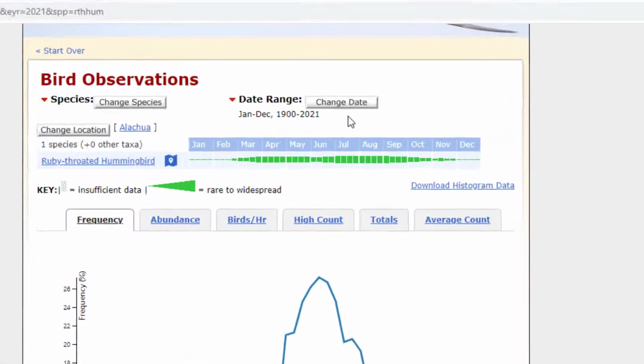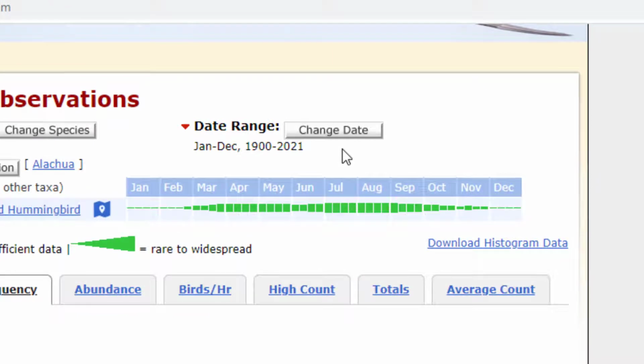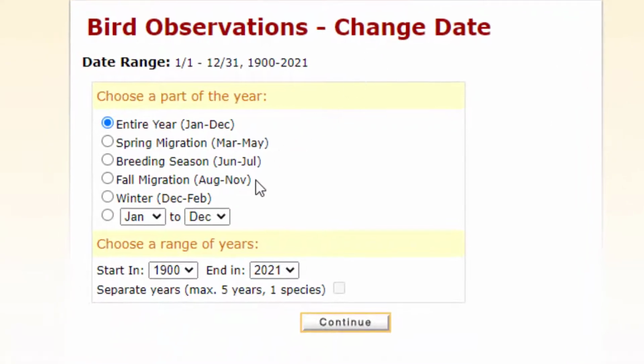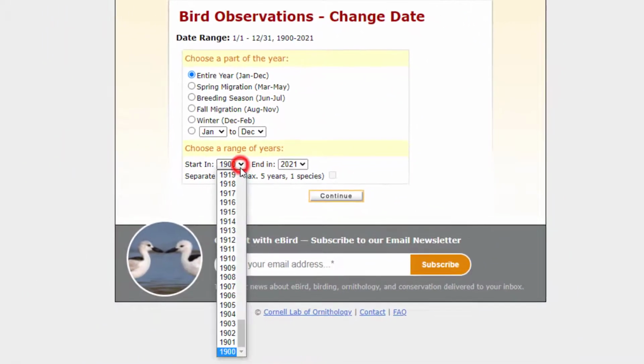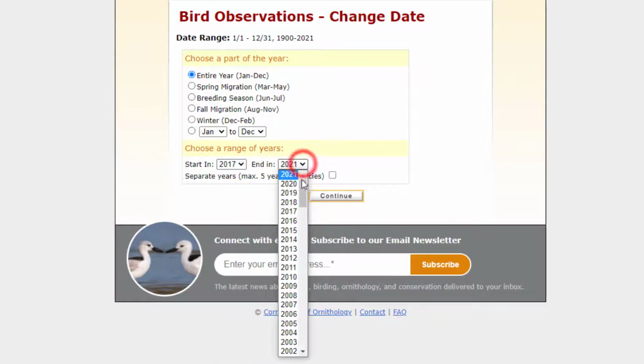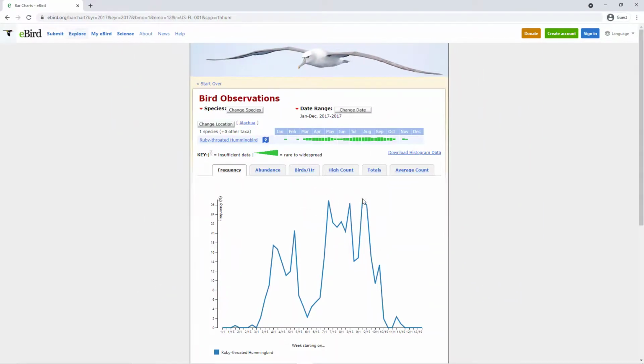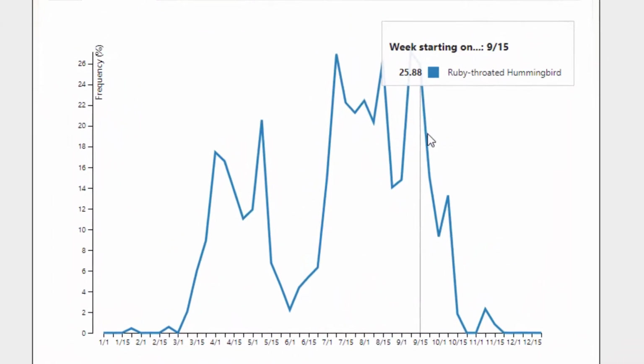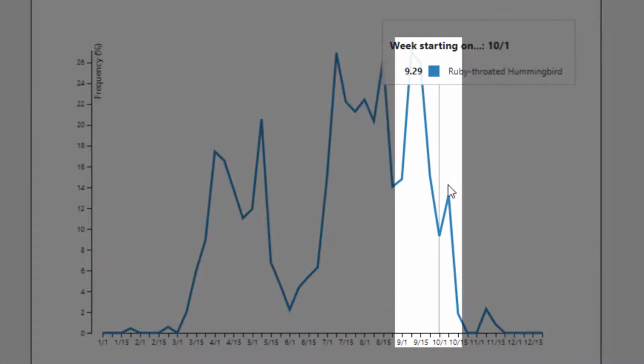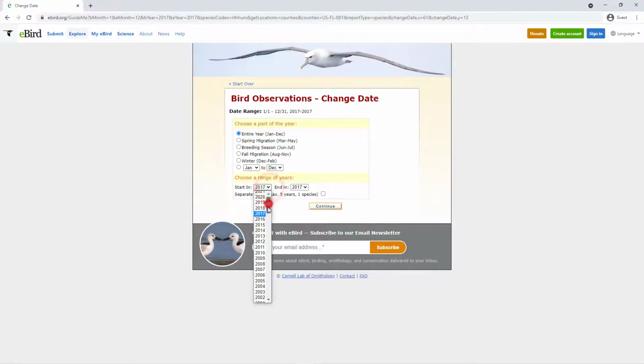To see one of these spikes within a season, click on Change Date in the Date Range Attributes section near the top of the page. For a particularly active storm season with a large associated bottleneck in migration, change the range of years to include 2017 only, when Hurricanes Irma, Maria, and Nate all affected migration in the Antilles and the Gulf of Mexico. The large spike in early September is attributable mainly to Hurricane Irma. The small spike in early October is attributable mainly to Hurricane Nate, with Maria affecting most of those dates in between. I will reset the date range to represent all of the data, and then we'll move over to the